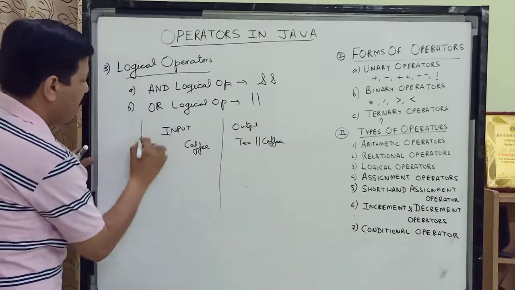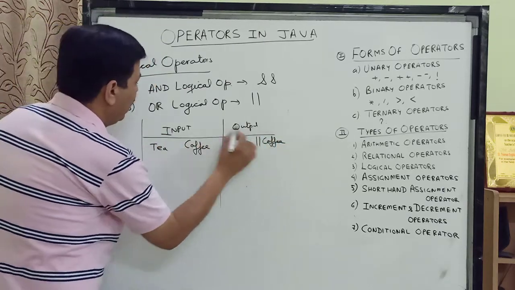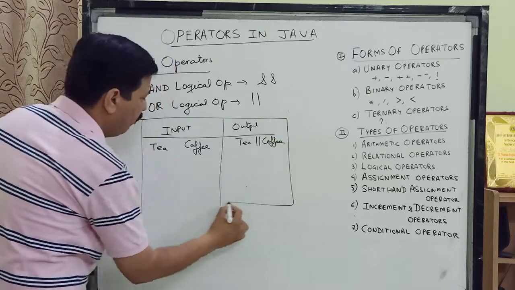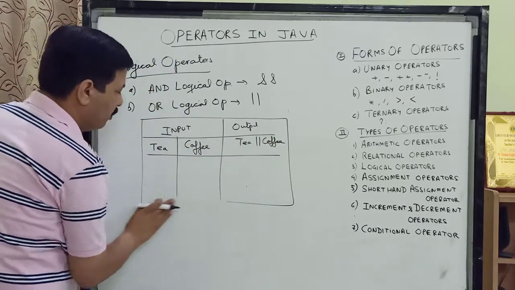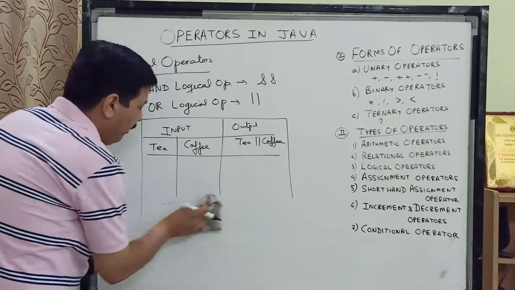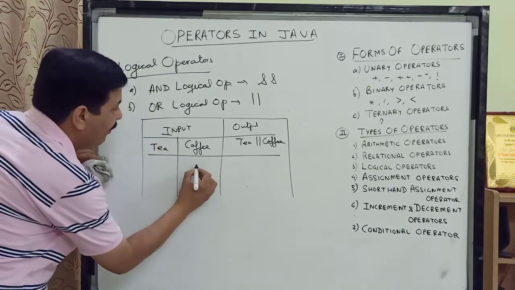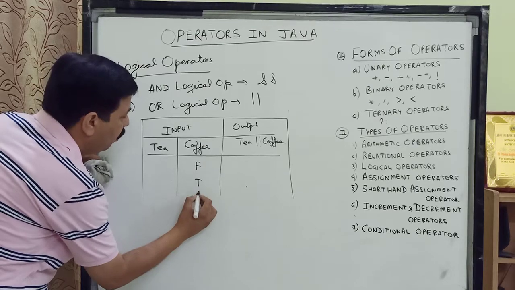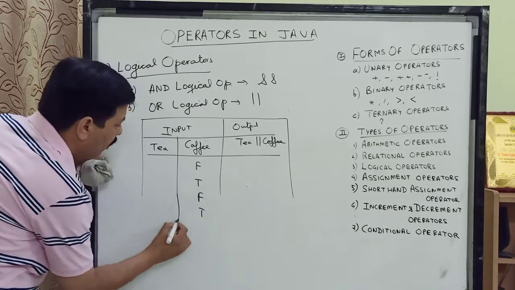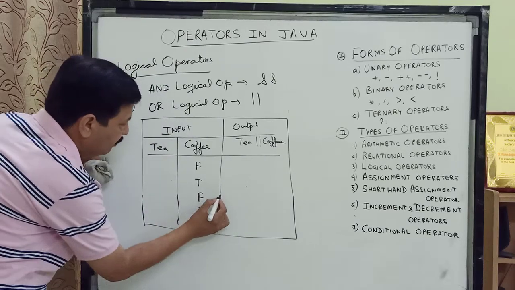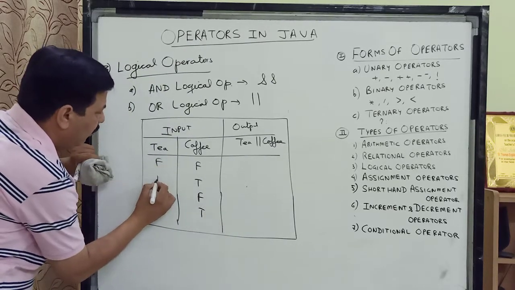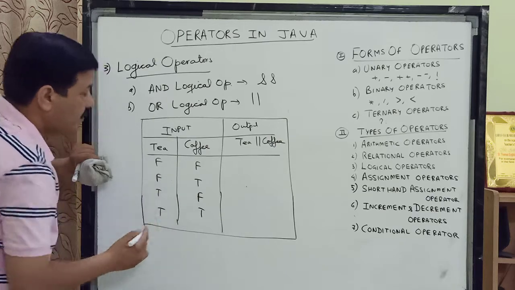I am going to draw it in the form of a table, because in the form of this table children will be able to define all its outputs. So we'll be defining all its outputs as I have given you. It is false, true, false, true. So we'll complete this table. Here I am saying false, false, true, true.